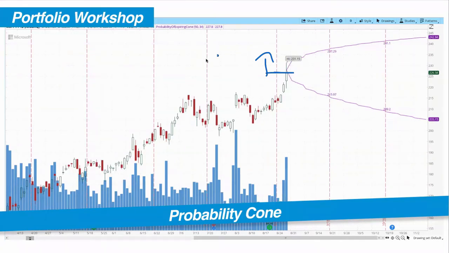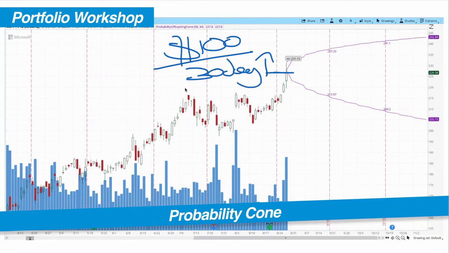But under normal circumstances, and that's the key element here, would it be reasonable to expect a $100 move up? Now, what we need to do is add in the next 30 days. Under normal circumstances, would you expect price to go from around $200